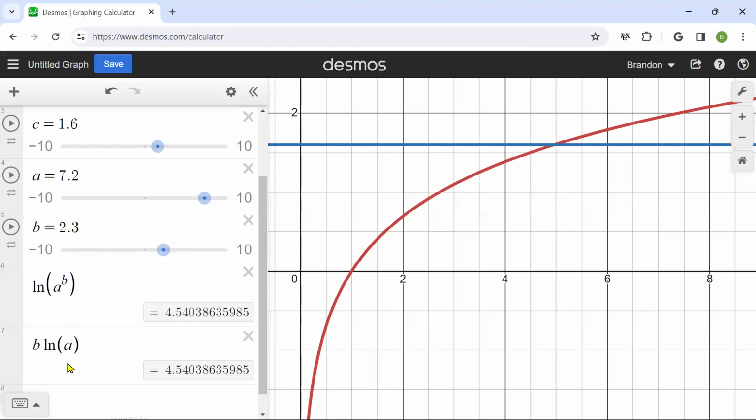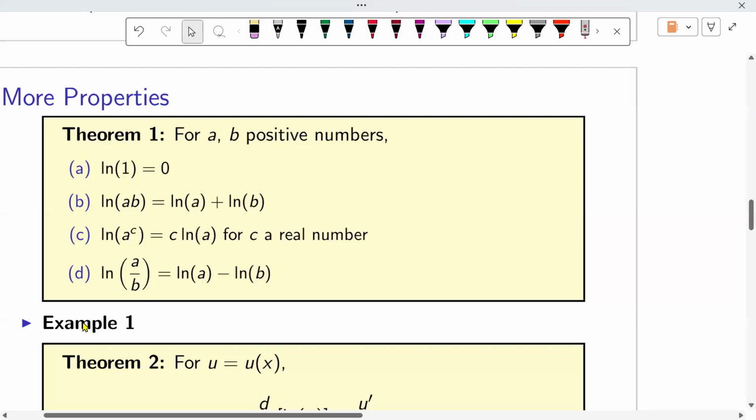I'm able to get the exact same value for both of them. So one of the things we can do with natural logarithm is use it to rewrite some complicated looking expressions, and I want to make sure we understand these properties. So I have a toy example. It's not like a real math problem, but it should make it clear what's happening here conceptually.